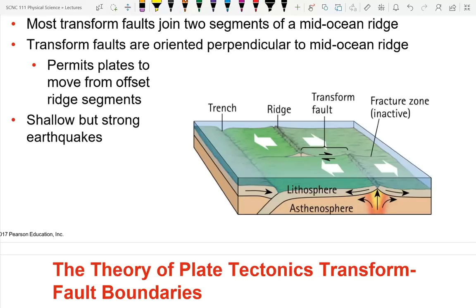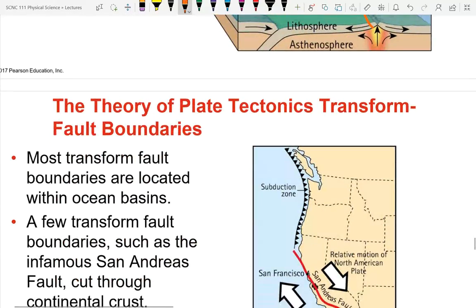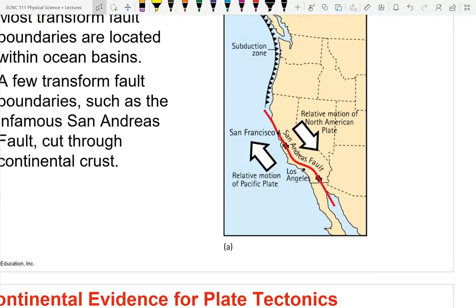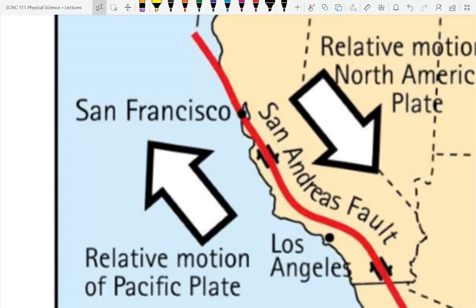Okay, a transform fault is a place where the ridge has shifted. So that's what a transform fault is. Here, I've already talked about this. The San Andreas Fault. Anyone want to know where Monterey Bay Academy is? Start with, it's on San Andreas Road. Why is it named San Andreas Road? Well, because Monterey Bay Academy is right